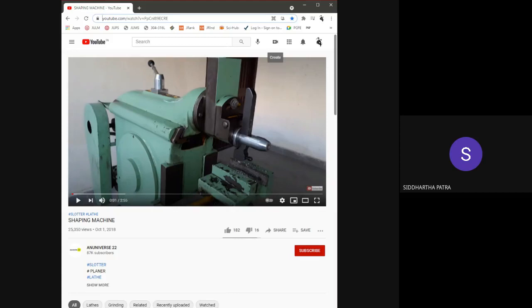And then you can bring the cutting tool anywhere along the axis of the component, and that is actually feed. And then also you can move it perpendicular to the axis, and that would be your depth of cut.